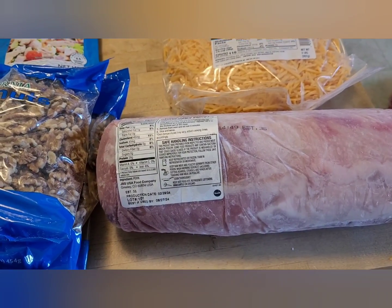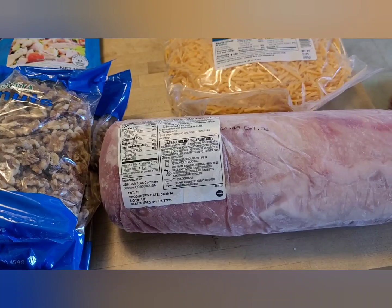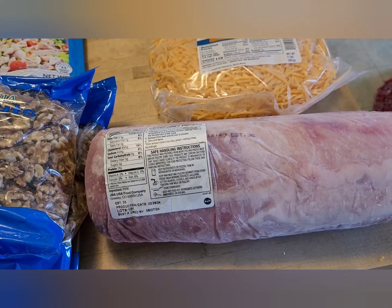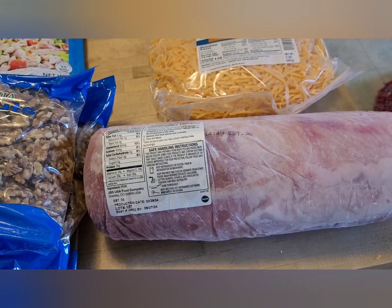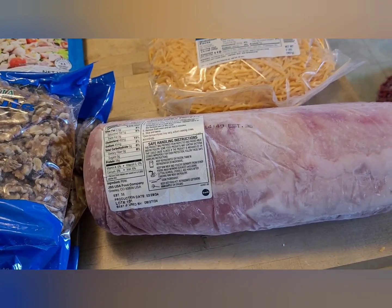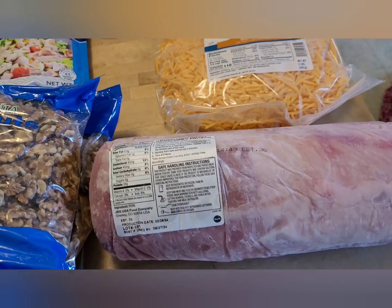I don't like it at all. My kids are hit and miss on it, and so it was one of those where I was like, yeah, I think we're going to pass on that this time. And I very rarely do that. She even said, wow, I think that's the first time you've ever passed on something. And I was like, yeah, it's just not something that I feel like we're going to use a whole lot of. Anyway,